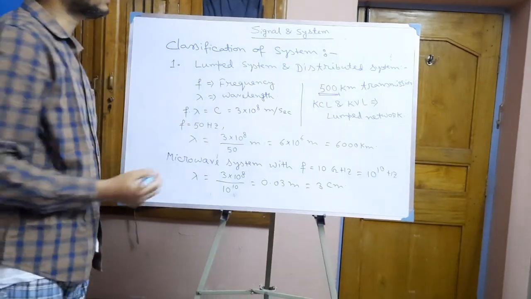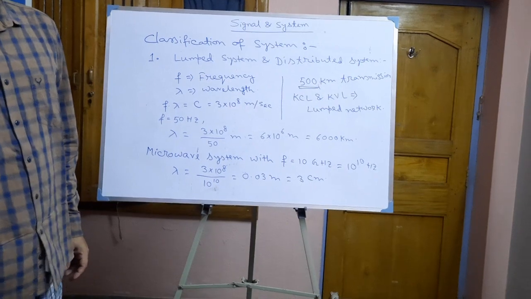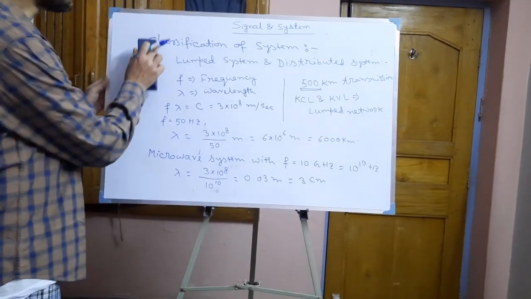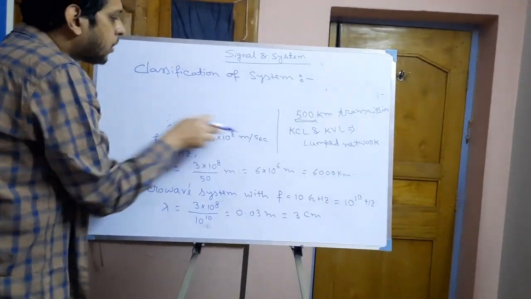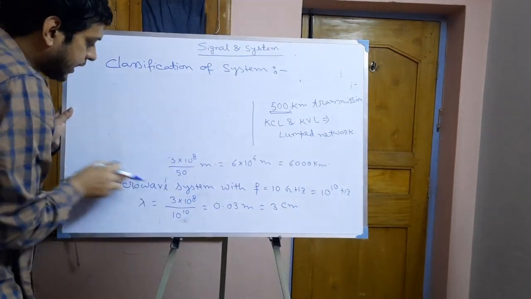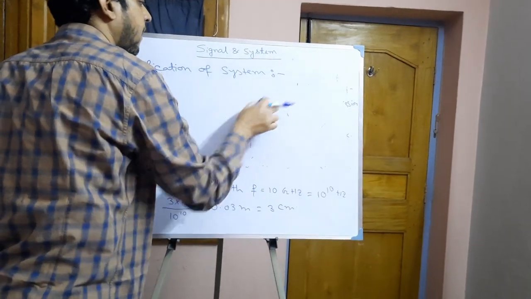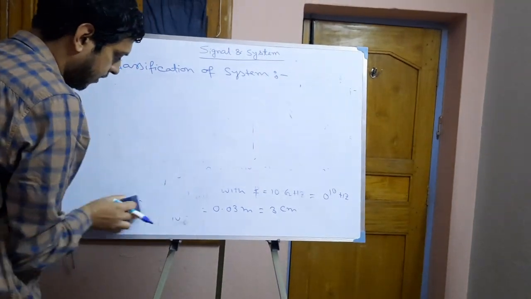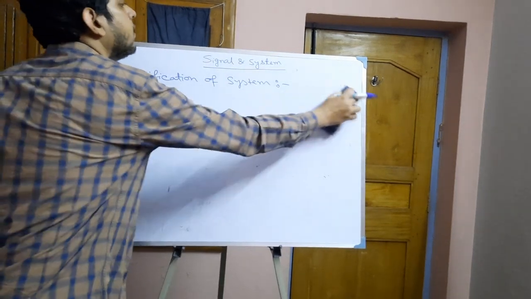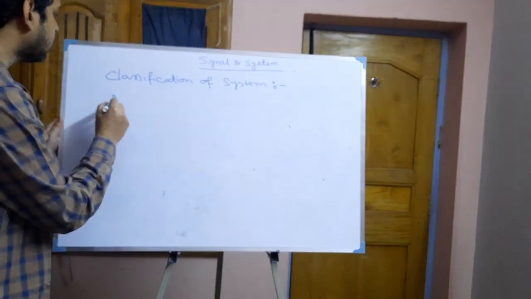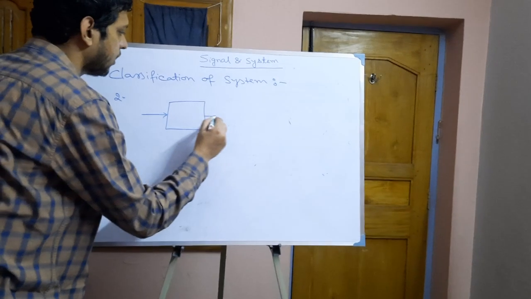We cannot apply these KCL and KVL in the distributed system or distributed network. Okay. Now a system can be classified in terms of number of input and output also, like say this is a